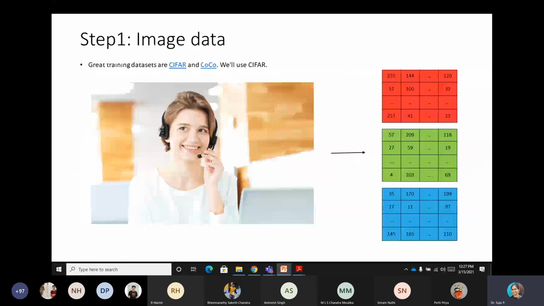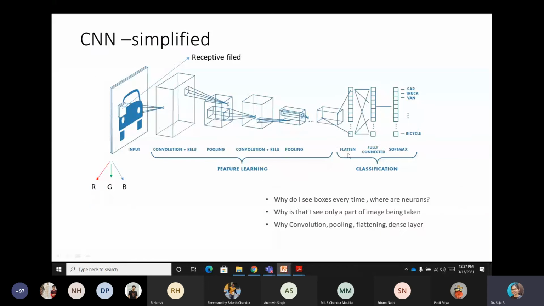And finally, you have flattening and a fully connected layer. In flattening, your two-dimensional array values are made into a single-dimension array, a column vector, and then all the elements are connected to all the neurons in the next level, which is called a fully connected layer.